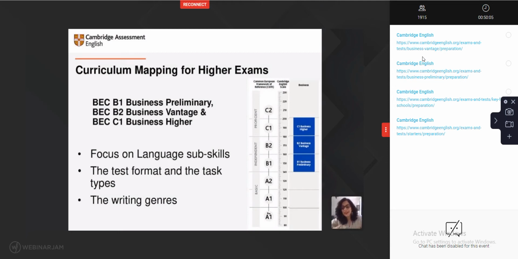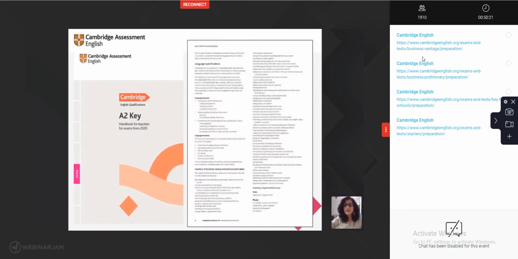So KET, PET, FCE, these exams focus on a lot of different writing genres. So it will serve you very well if you also pay attention to the writing genres. And when it comes to the speaking tasks, pay specific attention to the functions that are being tested. Now, we'll have a look at it in detail, but first to acquaint you with a teacher's handbook